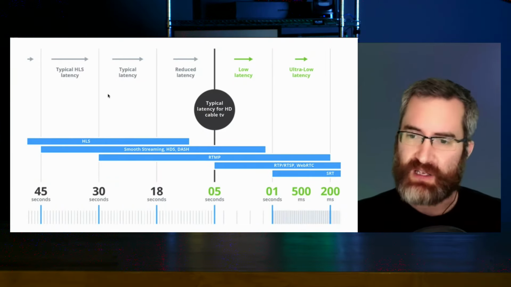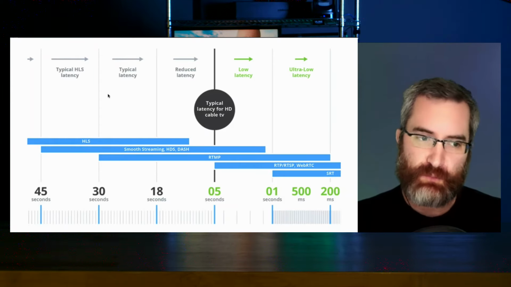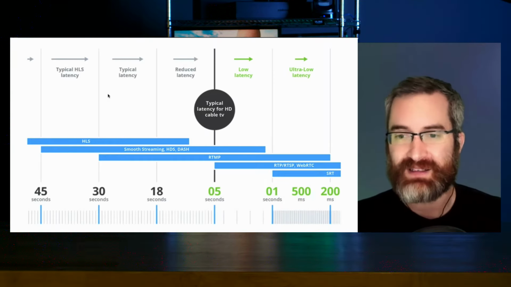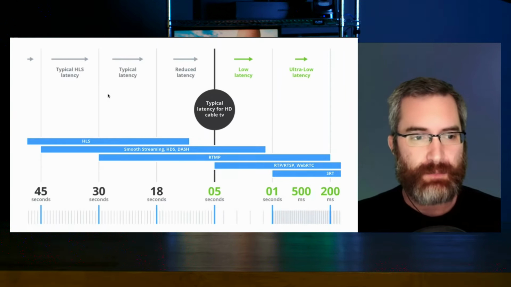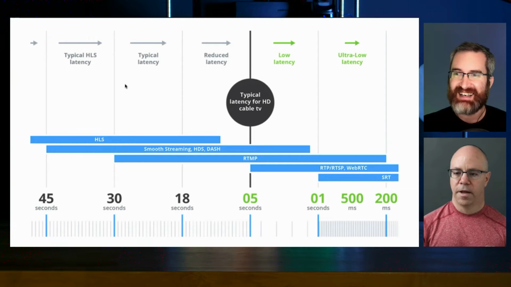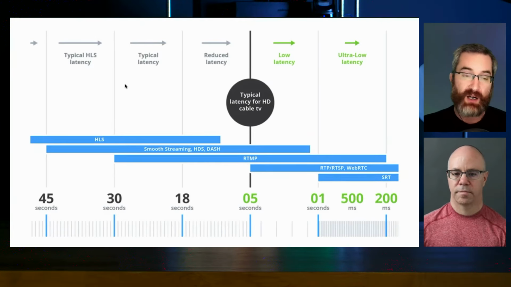Right. Apple, as we said, was trying to make sure that there was high reliability from a user experience on the consumption distribution side, which, for all the things I like to rage against Apple about, is the one thing that they do well: as an objective they deliver. It has drawbacks, as we'll get to, and one of them is that latency is extremely high. And then MPEG-DASH from ISO basically went, okay, well, we want to solve this too, but in a more open standard. Do what HLS is doing, but open source, open standard. And so they basically went in and tried to tick all the same boxes, but totally open.